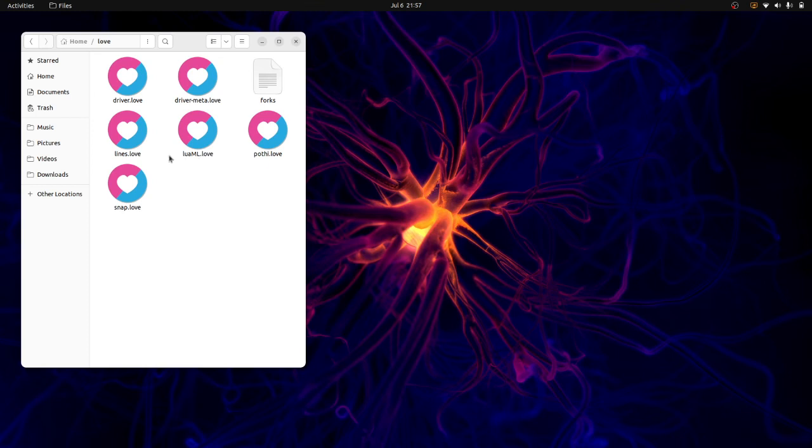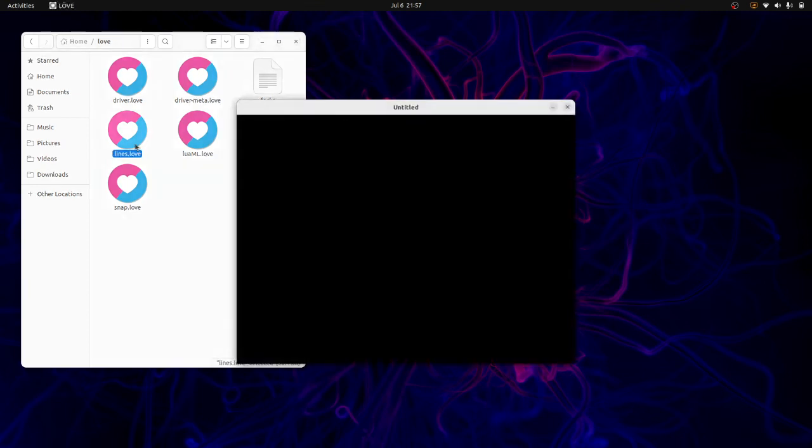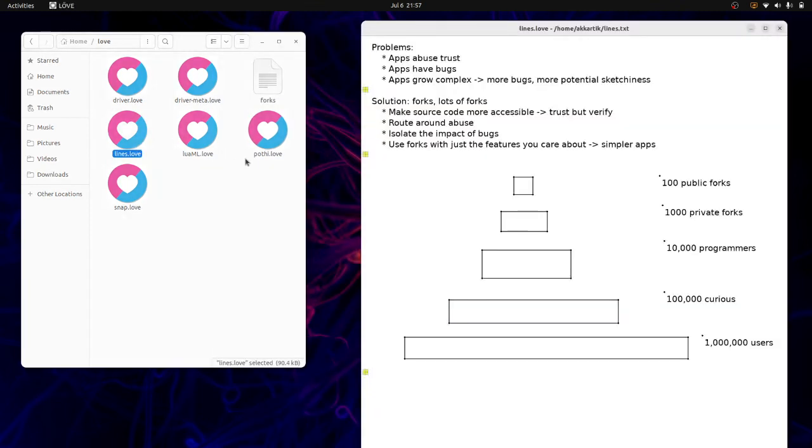Let's see. What are freewheeling apps? If you haven't watched that talk, I'll drop a link to it below this video. But in brief, it's all these apps that you see on the screen, and I'm going to be using them in this talk. And the reason why I built these apps is in the software world today, apps abuse